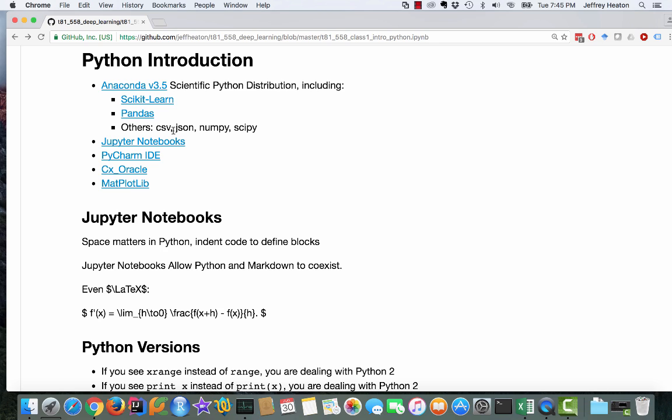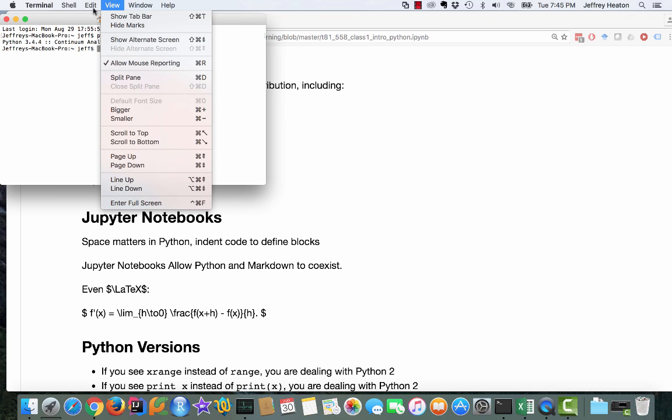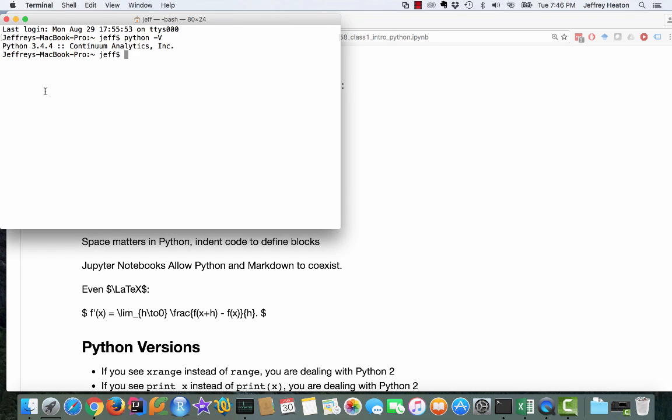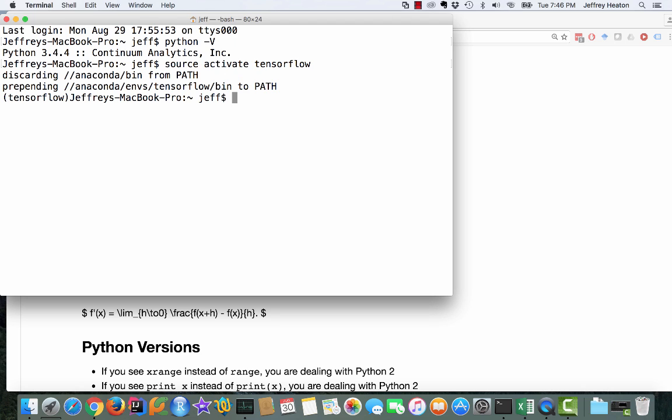So if you have Python installed, you can just do -V, and it'll show you the version. So there is a Python 3.5. I'm slightly out of date on this computer, but it basically has it there. You can have multiple copies of Python on your computer, like source activate. So basically, if I do that command, source activate TensorFlow, that basically is an Anaconda command, and I have a link to